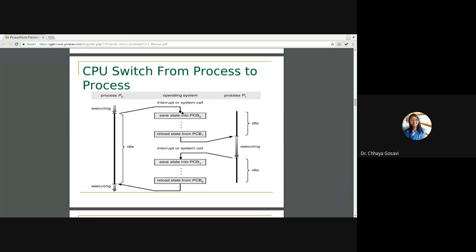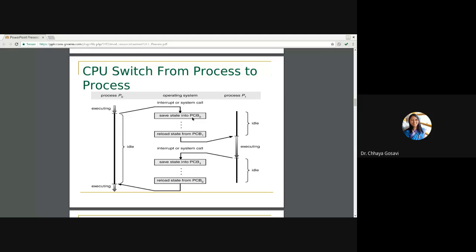There are many reasons why a process is interrupted. A process may require to perform some IO operation. CPU can be idle and the process is interrupted, or the process has some problem while executing, so it is interrupted. It can be a system call or any type of interrupt. It is not necessary that every time a high priority process interrupts the current executing process. Okay, ma'am. Got it. Thank you. There are many reasons when a process gets interrupted.